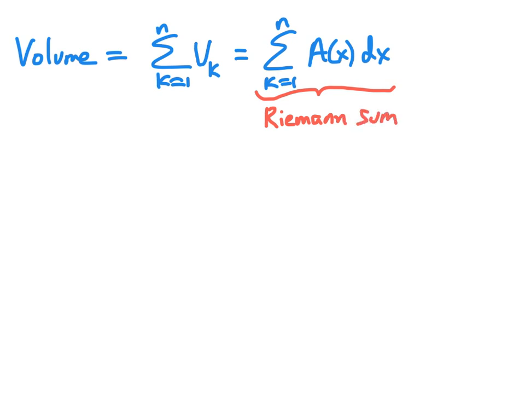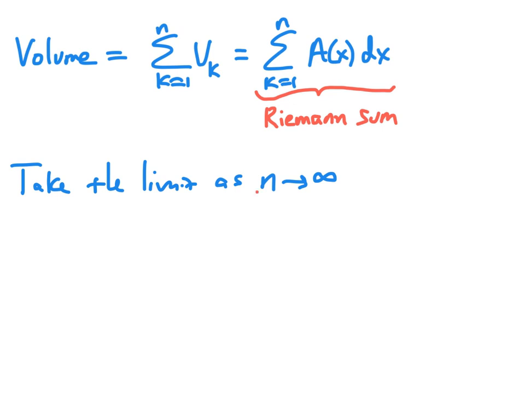So this particular sum is the sum of n terms, and each term is a function value, A of x, multiplied by dx. What you might remember about Riemann sums is that if we then take the limit as the number n goes to infinity, in other words, let n get larger and larger and larger, this actually becomes a definite integral. And that's what we're going to get here. And so if we take the limit as n goes to infinity,